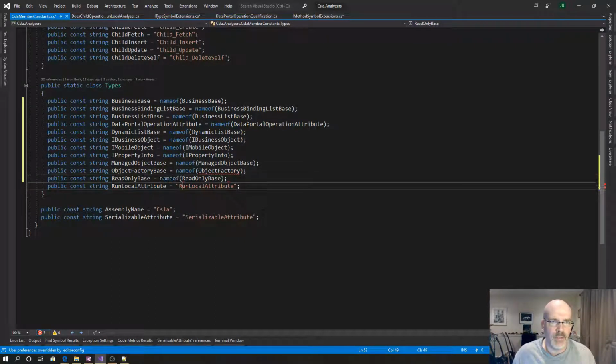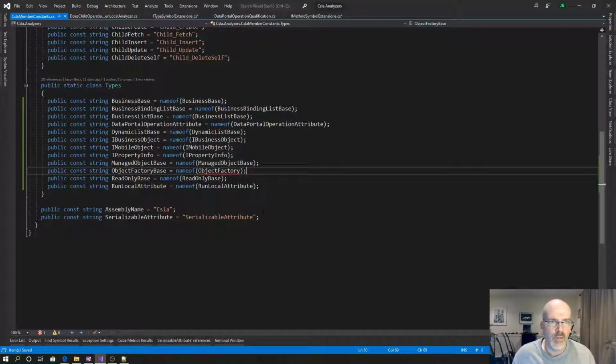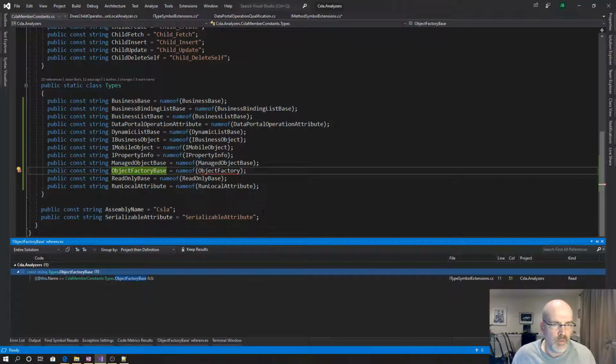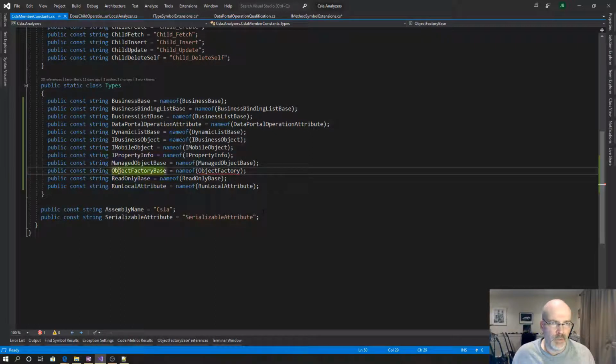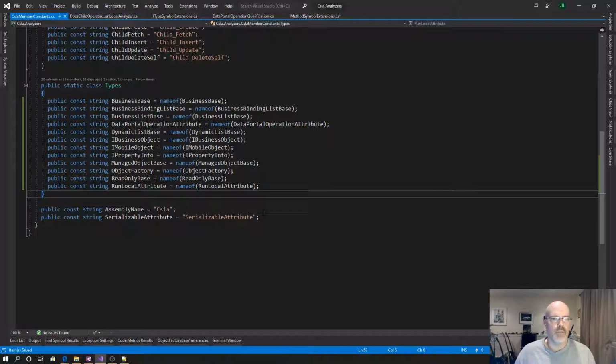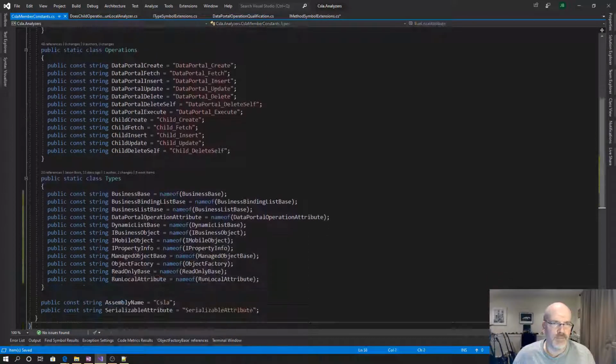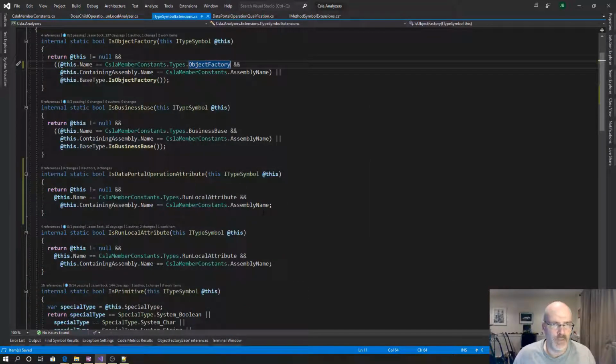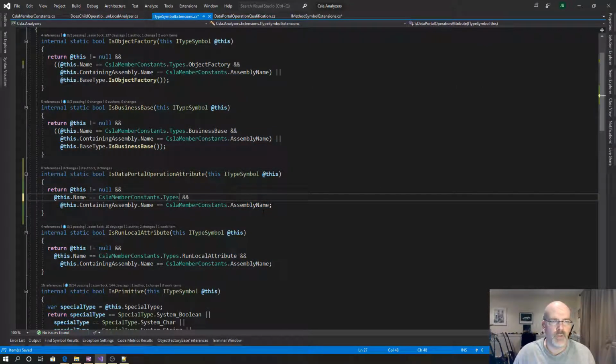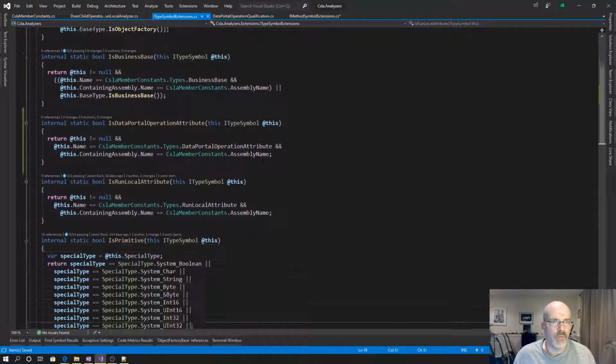Okay, hold on. That has to... Okay, so we want to call this Object Factory. Okay, there we go. And I could do those all for that, but we're going to stick with this for now. Okay, coming back here. So what I want to say is data portal operation attribute. But I need to do it